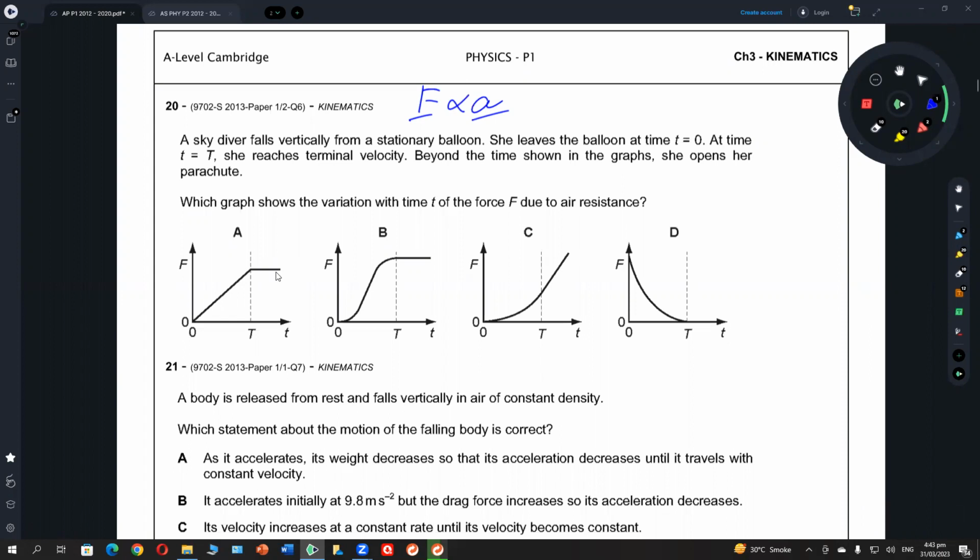So she leaves the balloon at time t equal to 0 and reaches terminal velocity. When you reach terminal velocity, is it right that velocity is constant then? Yes. What about acceleration? When velocity becomes constant, acceleration becomes 0. What about force? Force will also be 0. Very good. Force should also be 0. So now you have to see